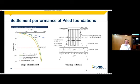Limit state requirements of Eurocode require both single and pile group settlement performance to be evaluated. Due to the empirical nature of the assessment of pile behavior, the load transfer function method for single piles is an effective method for reasonably accurately determining performance. The method developed by Fleming is illustrated on the slide showing the pile shaft settlement performance over the full